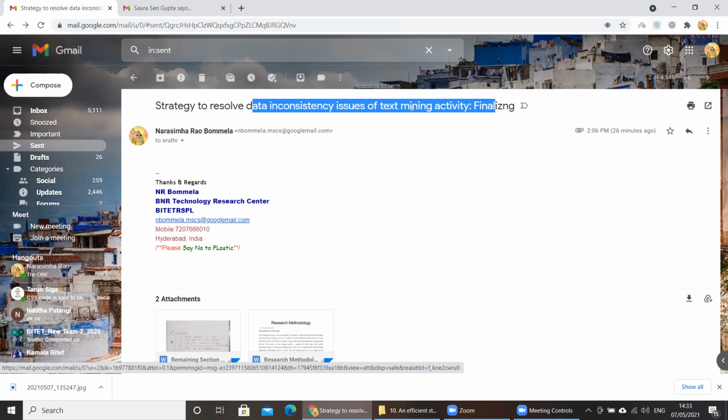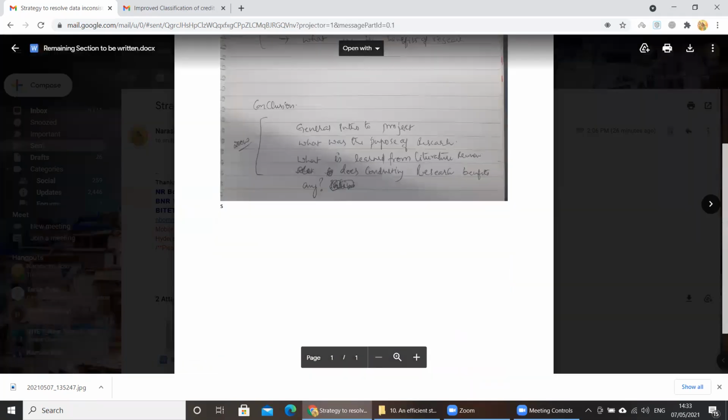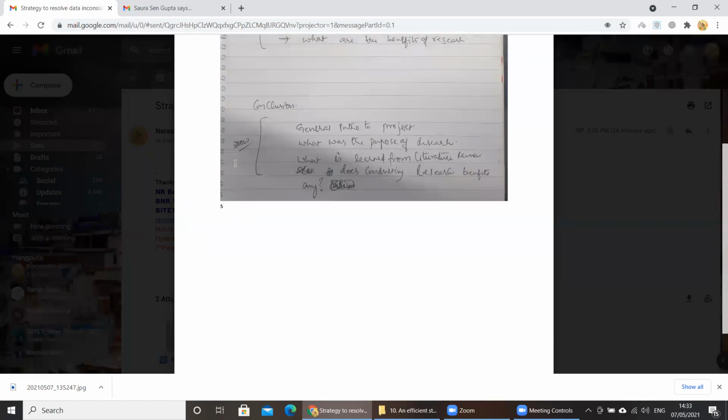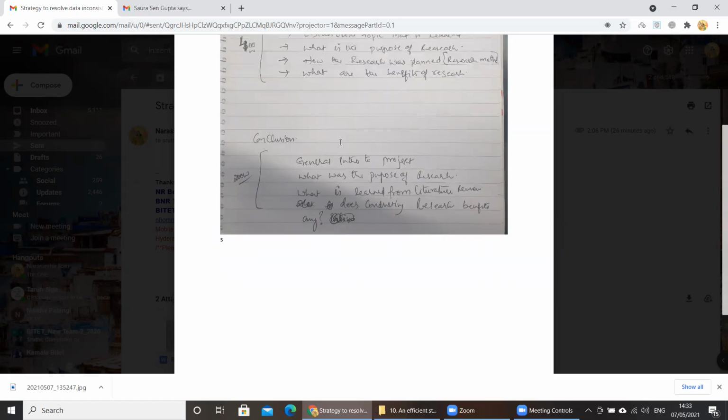If your topic is maybe location sharing, you should speak about how they are handling security issues. If you are writing about cleaning data, you should speak about what kind of strategies you identified as a part of the literature review to clean data which is in raw form. Okay, so that point should be included. And does this research benefit any organization, any person or something like that? So you are supposed to speak about how your research is going to contribute to society. Simple. So this section should be written and the size is 600 words.